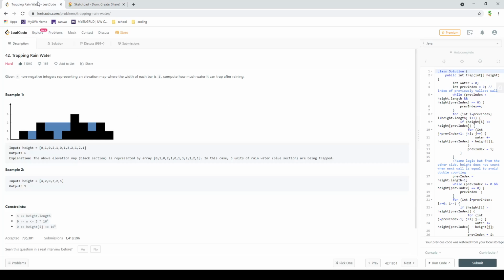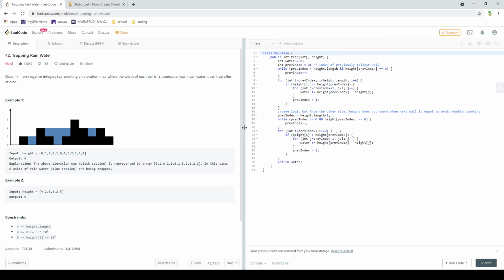I'll show you guys what the code actually looks like here. Right, so here we are given the int array heights, and here is my sum that I'm going to be keeping track of how much water we can trap. And this is the previous index of the previously tallest wall. I don't know if this is necessary, but it just makes it very convenient to code. I move my previous index until I detect a wall that's greater than 0, because if we notice here,